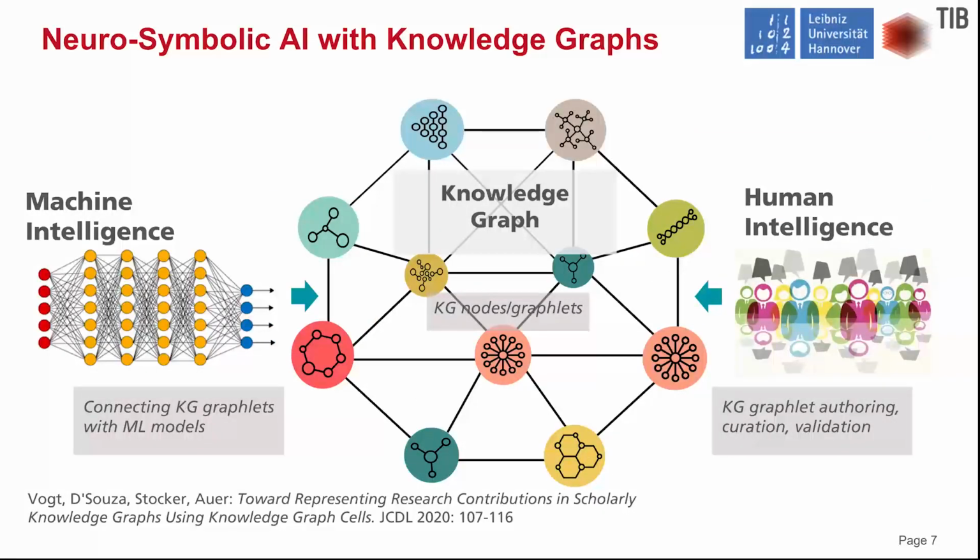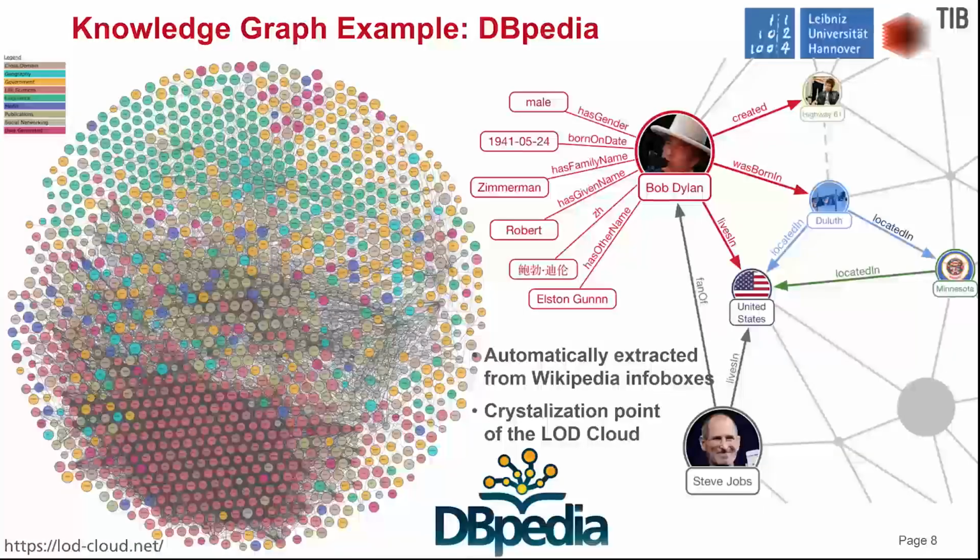And that basically also links between machine intelligence and human intelligence, putting such a knowledge graph in between. What is a knowledge graph? I guess most of you have heard about this concept already. So here on the right-hand side, you see an example